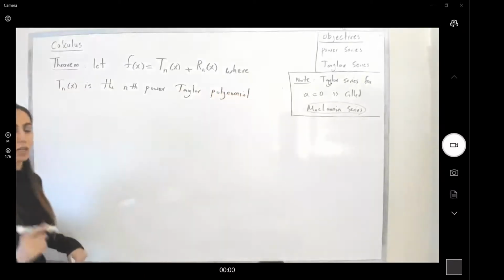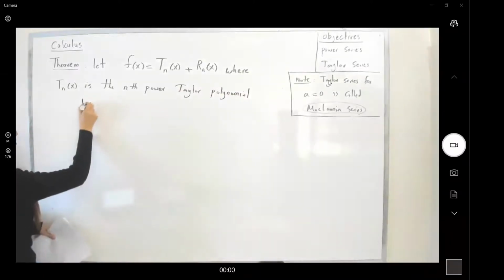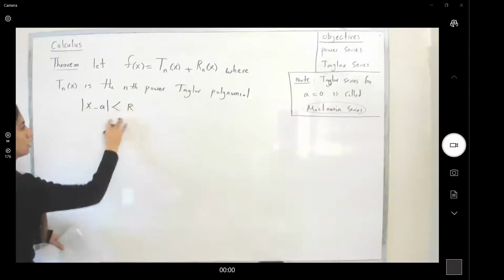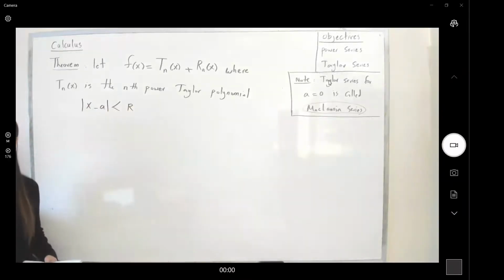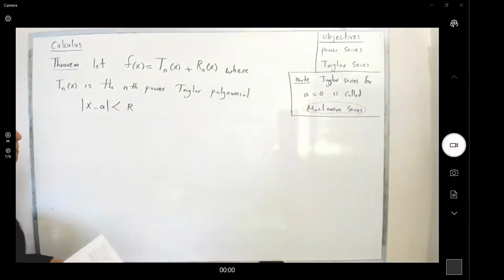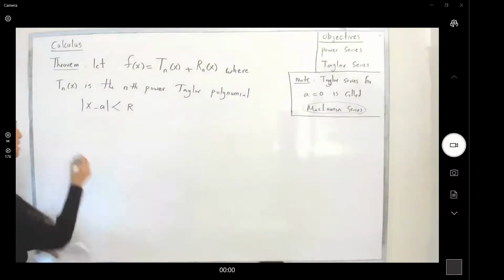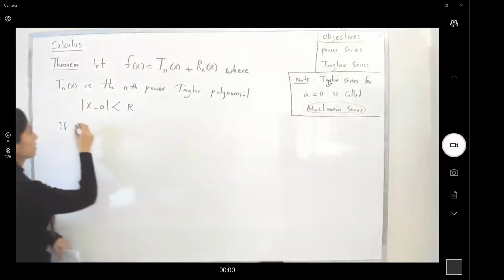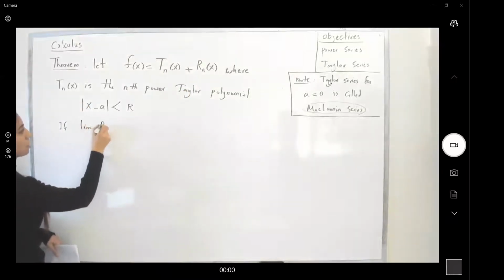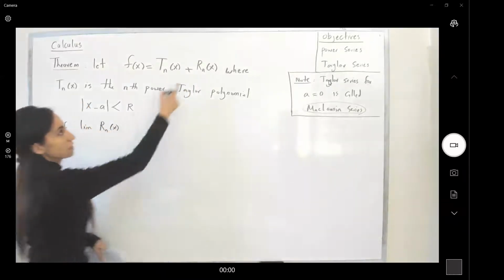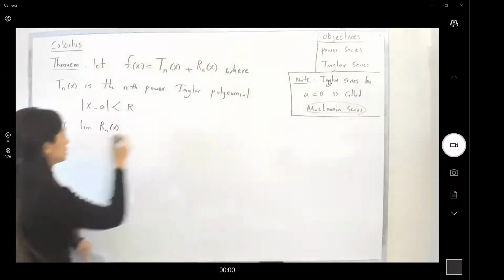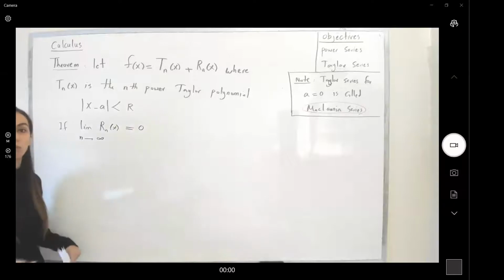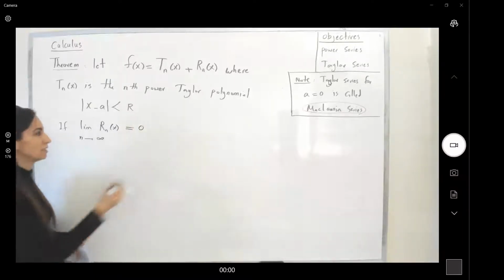And suppose you have the condition that absolute value of x minus a is less than r. You have your interval of convergence as well. If you take the limit of the remainder, the second quantity here, as n goes to infinity, and this limit is equal to 0, then